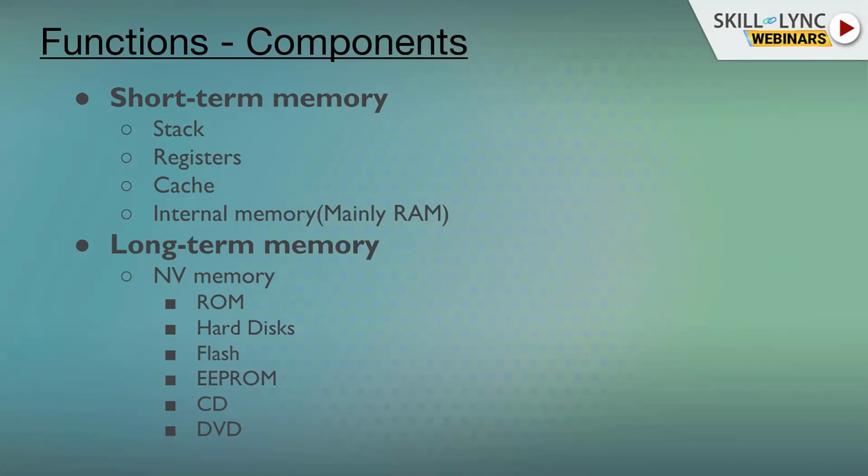How much it will cost to make a digital computer, how much memory should be inside it, how much memory should be outside it, how to connect to the outside memory, how to connect to the inside memory. So all these cost parameters will come into play, and that's why you have to study about all these types of memory before you land in a job. If you know which type of memory is good, then you can propose that for this kind of application we can use this kind of memory, or this kind of material. So that is the significance of computer architecture organization and digital logic design.